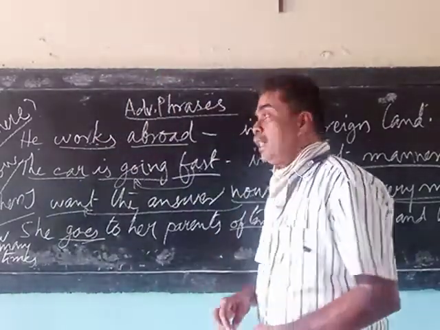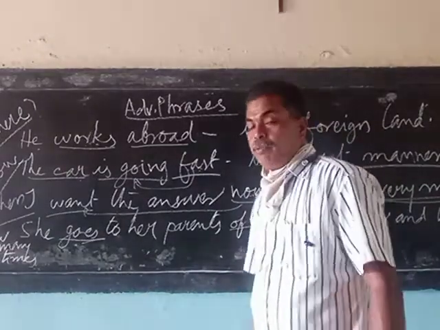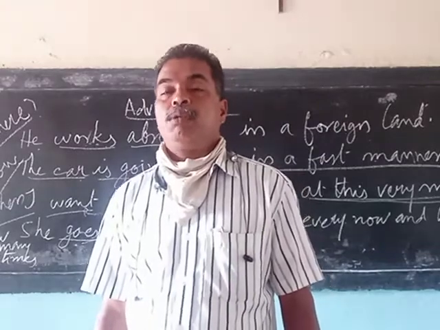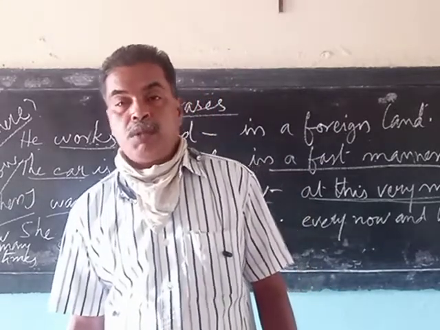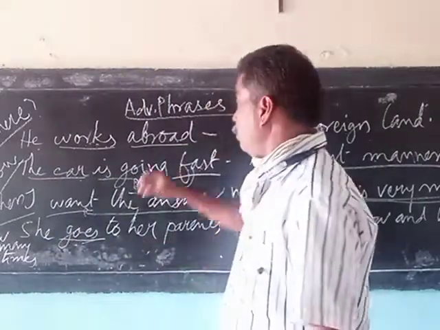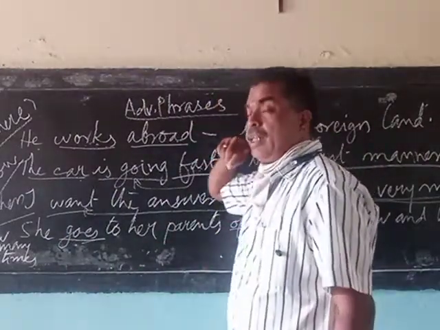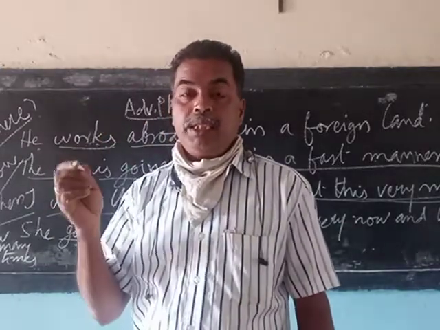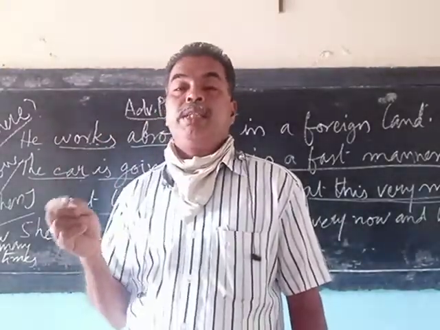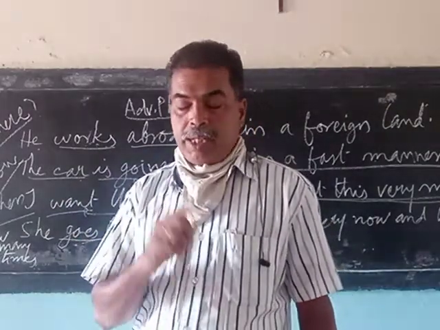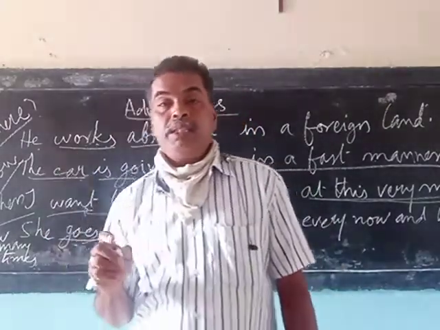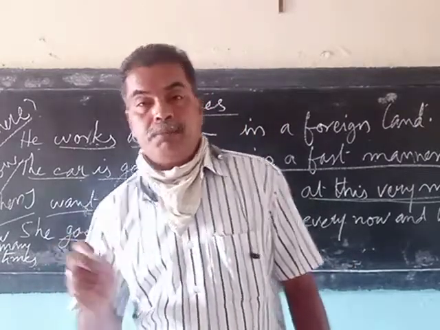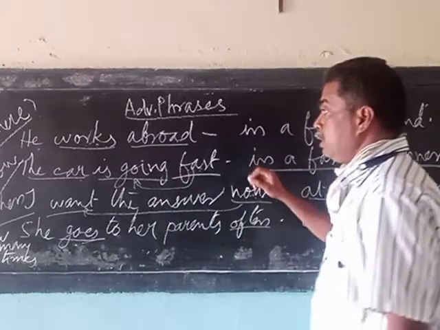Now let's see what this category, the adverb phrase, is. Adverbs, we know, modify a verb, giving us extra information about a verb. So an adverb phrase, like an adjective phrase, gives extra information about a verb. An adjective phrase gives extra information about a noun, like an adjective, and an adverb phrase gives extra information about a verb in a sentence, like an adverb. Is that clear?